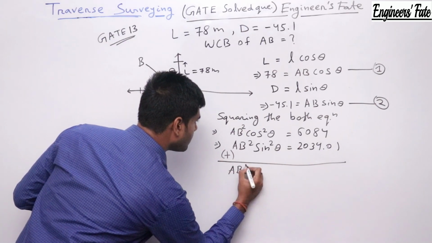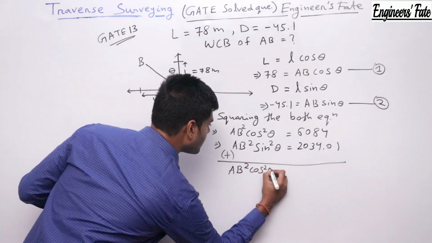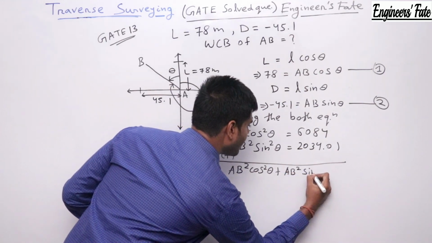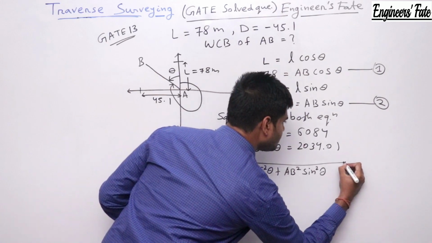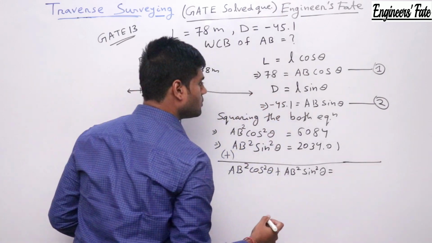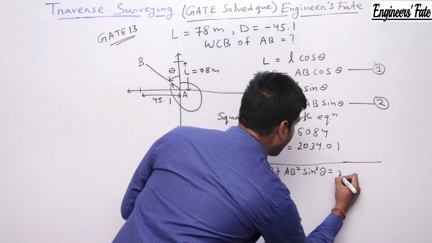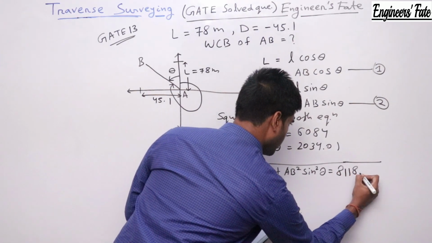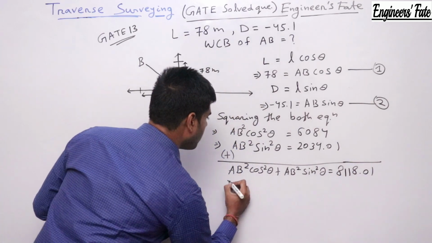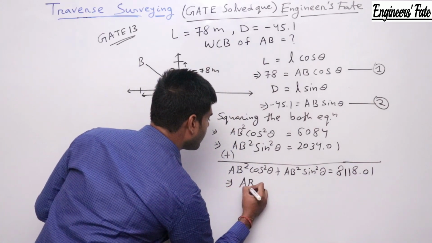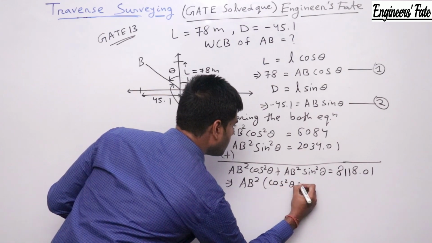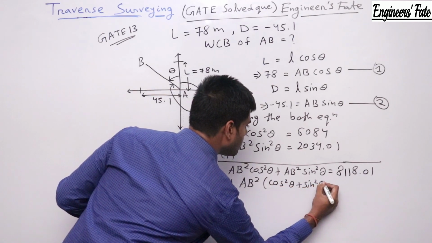AB square cos square theta plus AB square sin square theta equal to 8118.01. So now I will take AB square common, this will be cos square theta plus sin square theta,